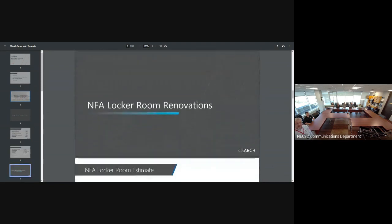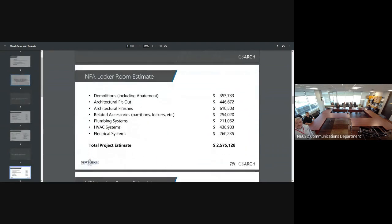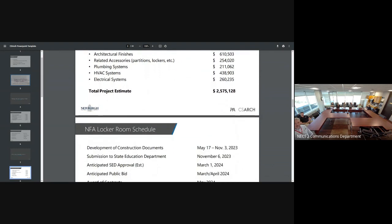Okay. So let's talk about the locker rooms. Again, just to remind everybody, this is what was approved on Tuesday. Demolition all the way through fit out, almost $2.6 million. That's our budget for the project. Remember, that's for a renovation of about a 5,500 square foot locker room. It includes the boys' locker room, boys' team room, girls' team room, office for the girls' PE, office for the boys' PE, a gender-neutral locker room, a washer-dryer room, and some room for